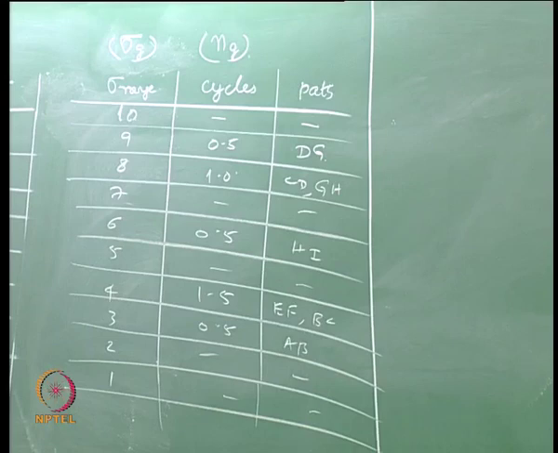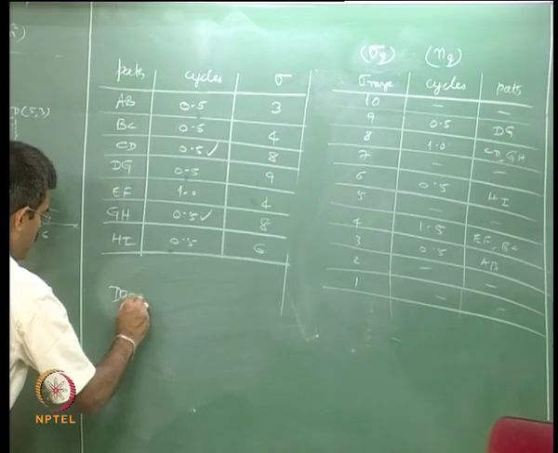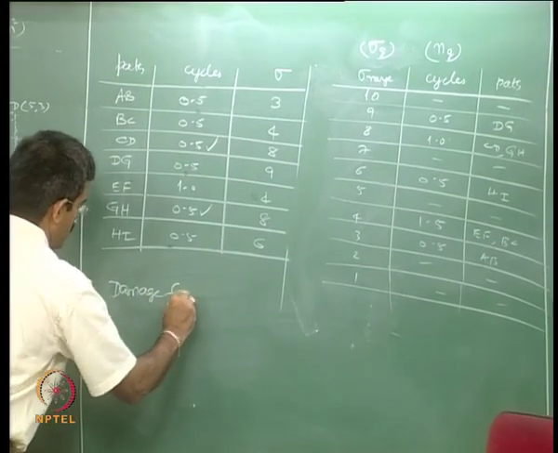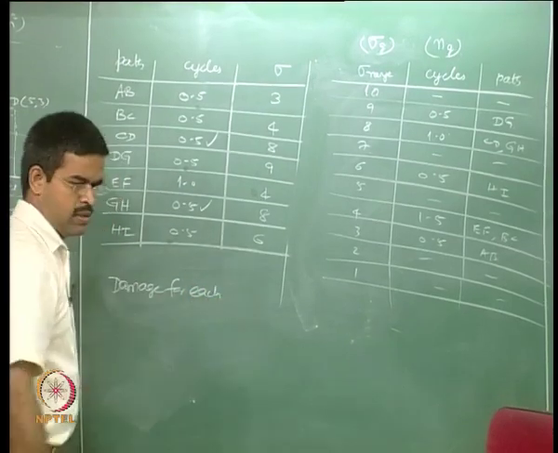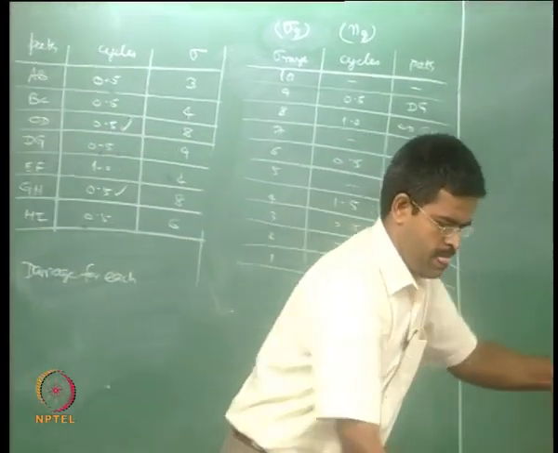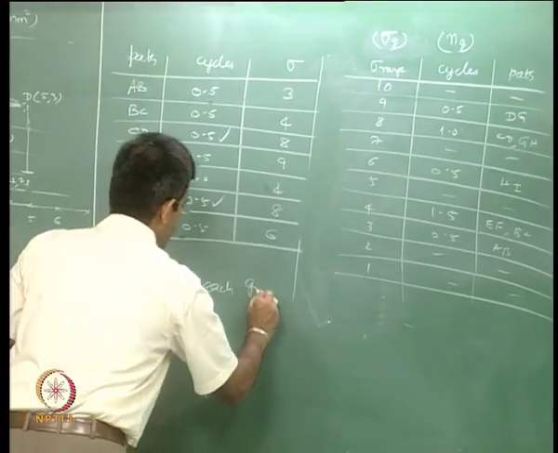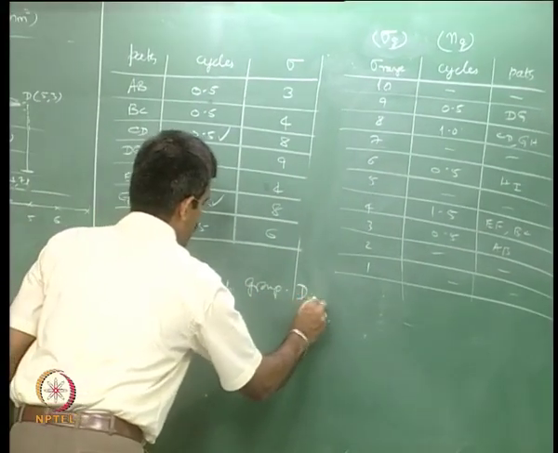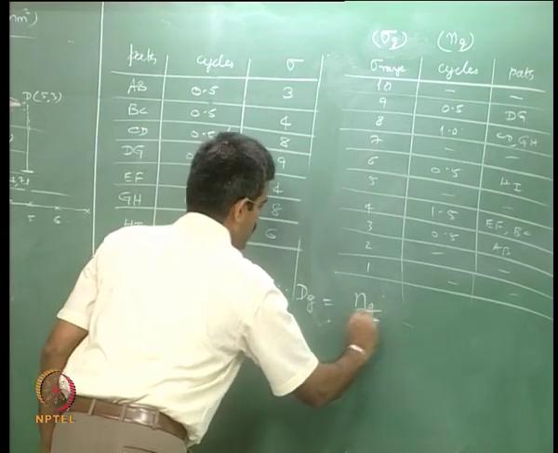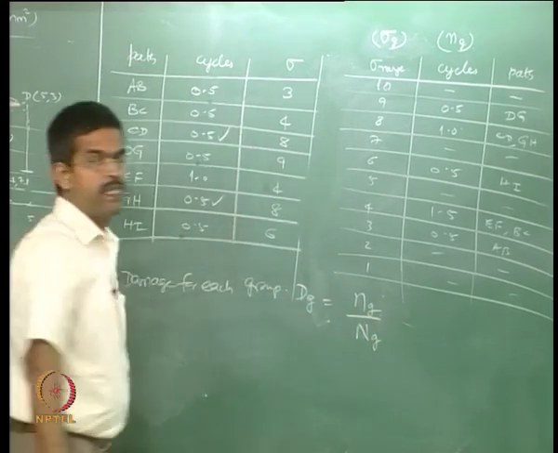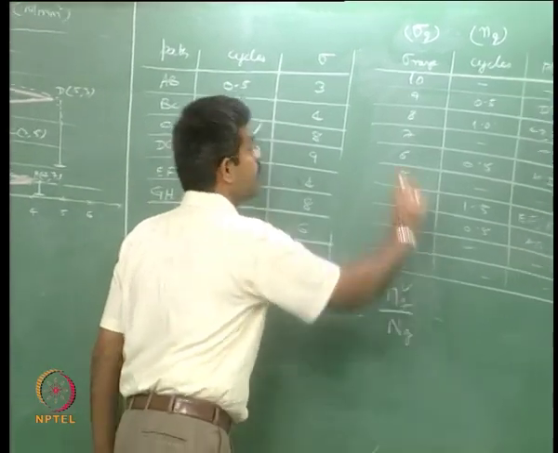Now we can find damage for each group. Damage for each group dg is known to be ng by Ng. Small ng is known to me because from this table I know,